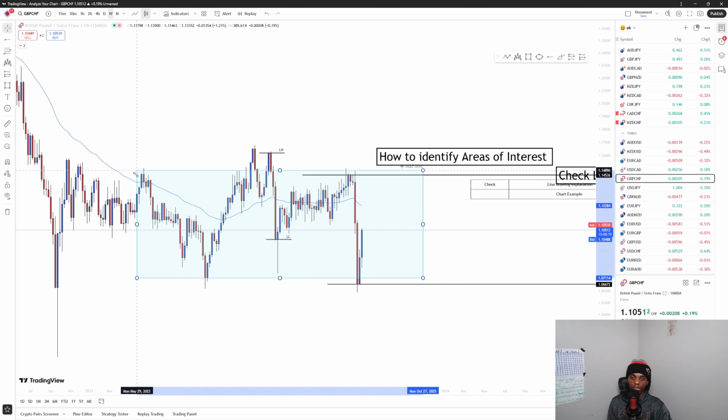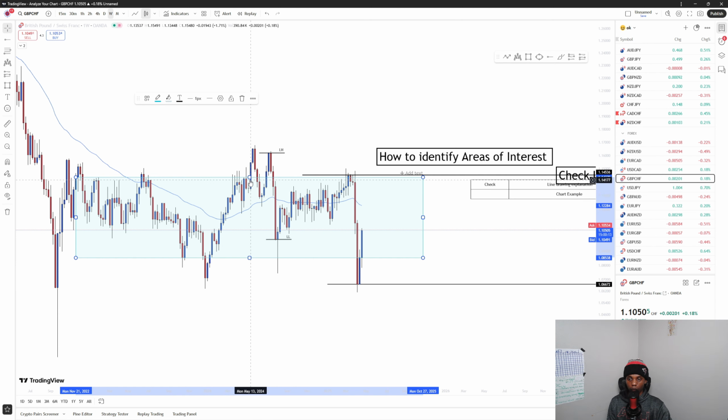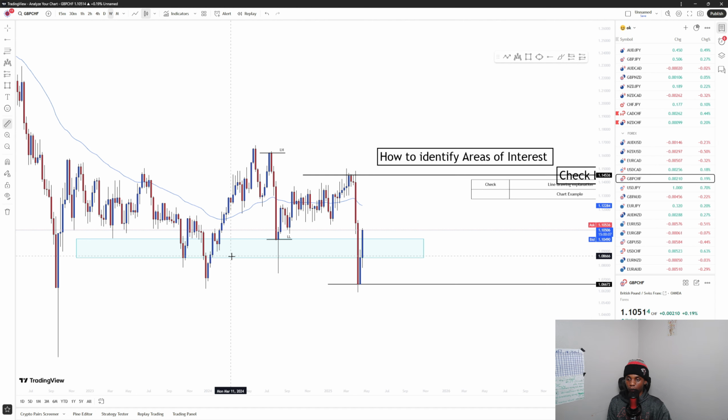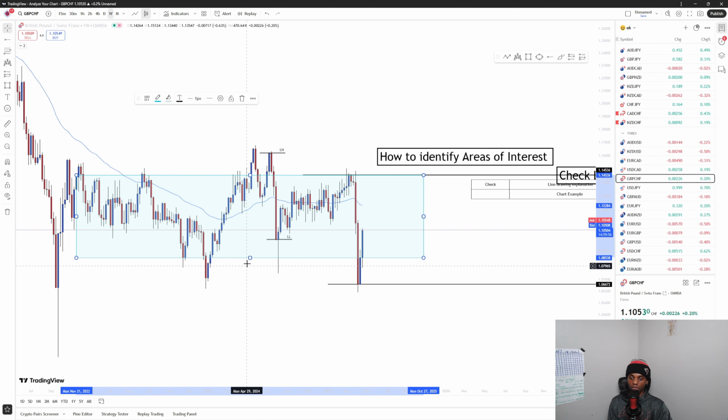So we just put this back, continue going down until the area of interest is as small as it can get, and still having 3 touches. Too big. How big is this? More than 60 pips. 1, 2, 3. We have 3 touches, but the box is way too big. So you just put this back, continue down,